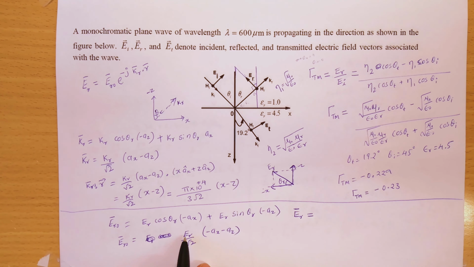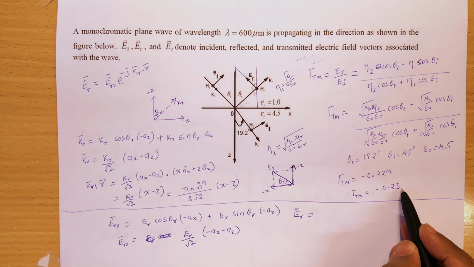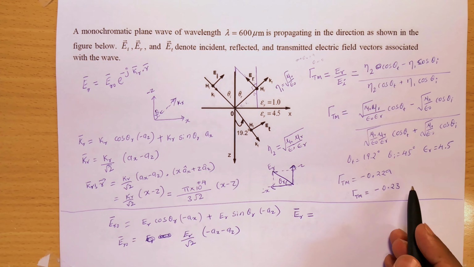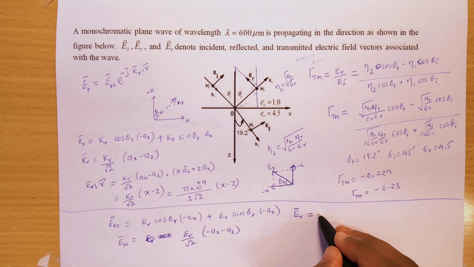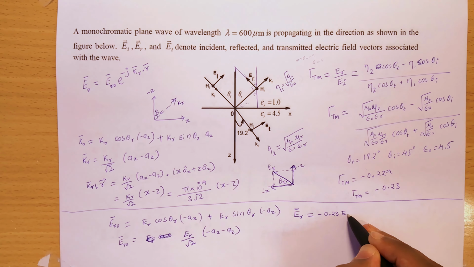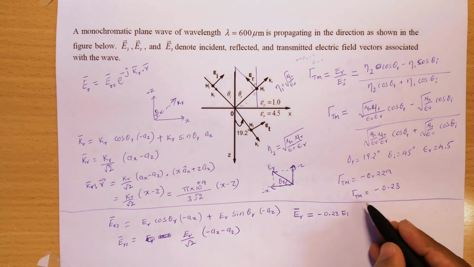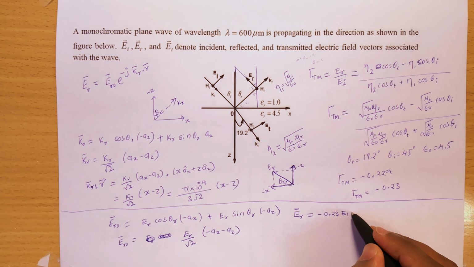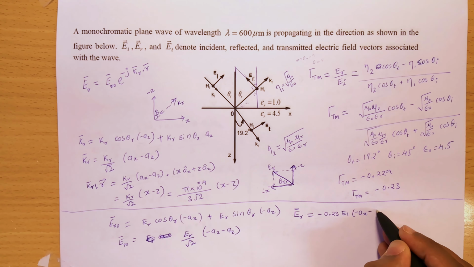We know that er is 0.23 of the actual incident electric field. So it's minus 0.23 ei, and it's minus ax minus az,